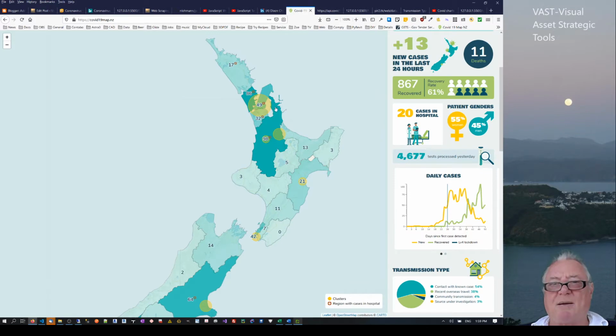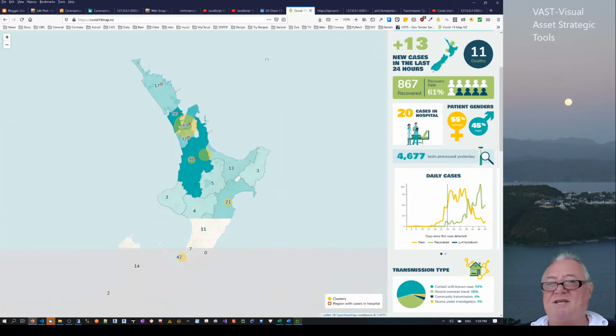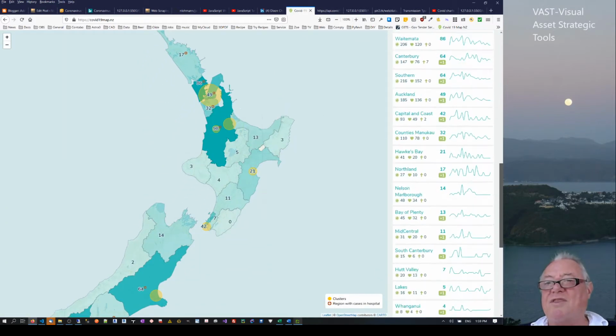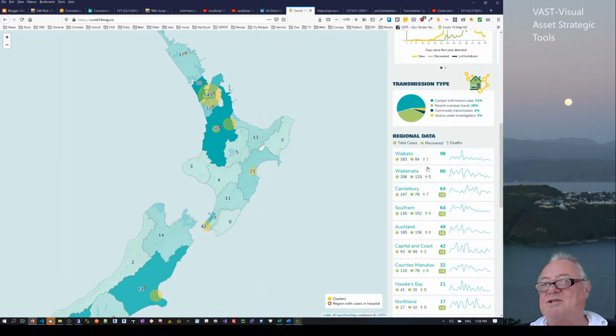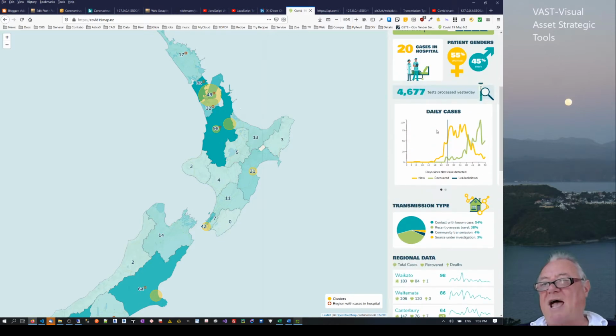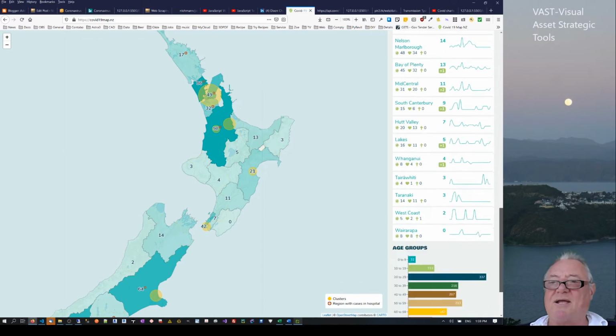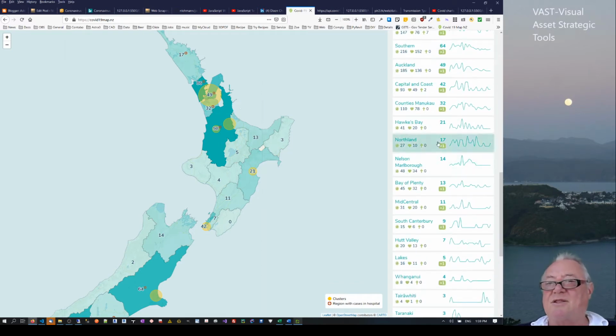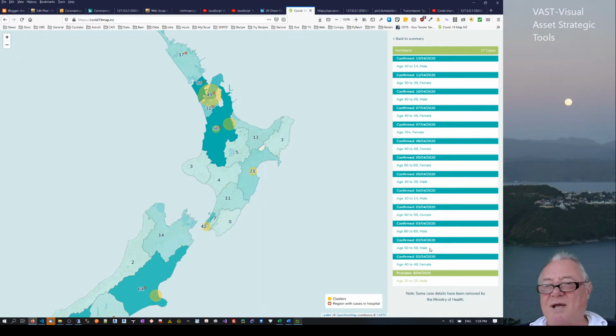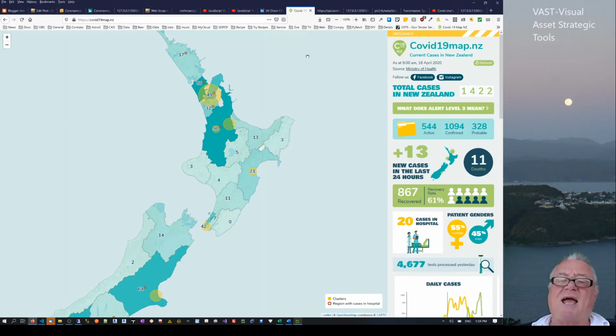who's been building this website here, and it is a fantastic website. It does all of the things that I was thinking would be really helpful on a map. Like this one goes through all the regions and gives the daily cases, which ones are active, who's recovered, and how many new cases are coming through. It's got the overall summary, and it's also got the age groups. A lot of real intelligence in this, and if you go into some of these, it goes through each of the individual persons. So absolutely beautiful, and I think he's writing this with React,